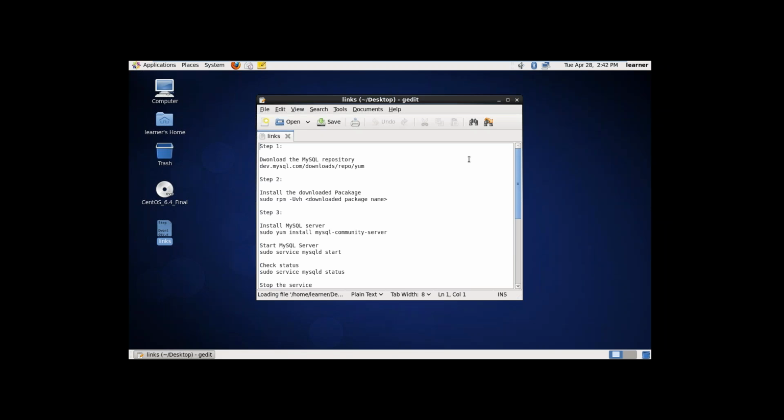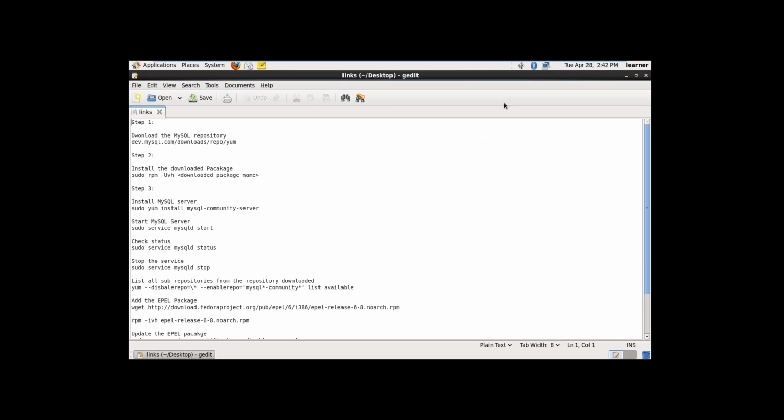So there are some steps that we need to follow while installing and configuring your MySQL server as well as your Workbench. The first step out of it is downloading your MySQL repository, which you'll be getting from this particular location. The next step is you'll have to install the package which you just downloaded. So it would be sudo rpm -uvh and the name of the package that you downloaded. In the next step, you would be installing your MySQL server with the yum command, and then you would be starting your services, checking the status and stopping those. So let's do the first few steps and then get ahead with the remaining steps which are related to your